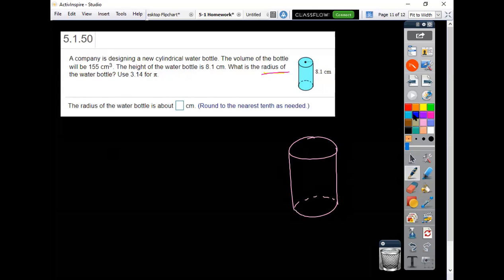They said, find the area of this space, and then just take it times how tall or how high the cylinder is. So if I have area times height, and I take that volume, which they told me, area times the height is the volume, and they told me in this problem that my volume was 155. I don't know the area, but I do know the height of the cylinder was 8.1. So then I could divide by my 8.1